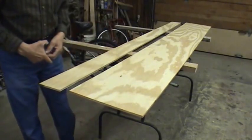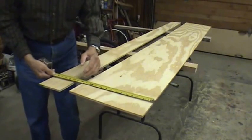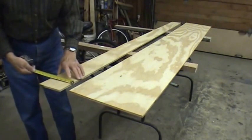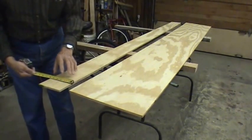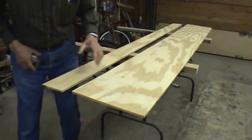These pieces of plywood are 8 feet long. One right here is about 14 inches wide. That can be 14, 12, 13, anything. This one here is approximately 5¼ inches wide. That again can be up to 6 inches wide. So once you cut those,